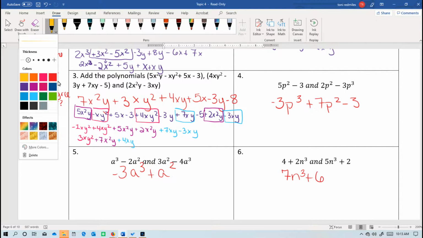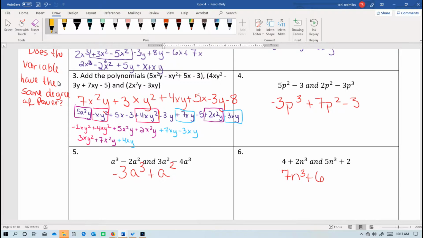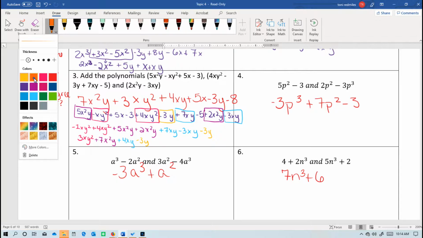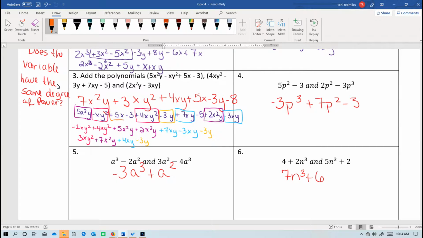All right, so next, let's flip-flop it, since in the answer I gave it that way. Let's flip-flop it to my y term next. So minus 3y, there's nothing like with it, so it's just going to get dropped down into my answer. I don't have to combine it with anything. And the same thing with my 5x, it doesn't need to be combined with anything, so it just gets dropped